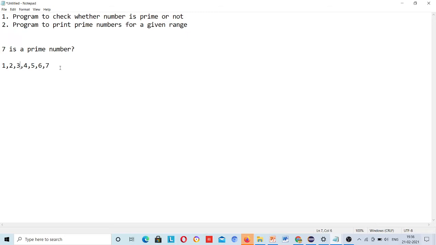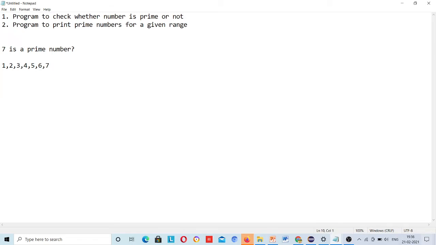If I ask whether 6 is a prime number or not, 6 is not a prime number because 6 can be divided by 2 and 3. Of course 6 divides by itself and by 1 also. So numbers which can be divided by other numbers, leaving 1 and itself, are not prime numbers. So we have to check whether a number is prime or not.